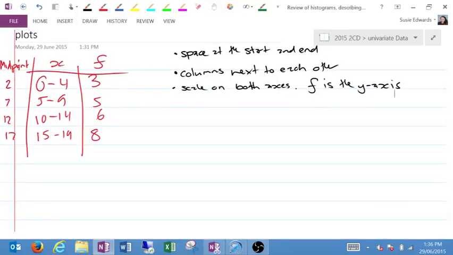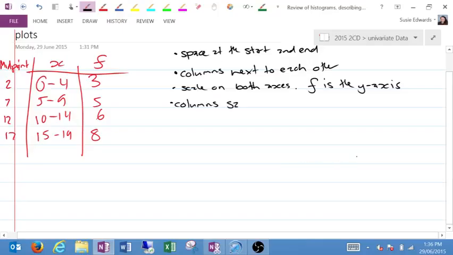The columns all have to be the same width. Columns, the same width. And that's why, remember how we said that these groups, in the grouped data, we always have to have the same amount in each of the groups. That's why in a histogram, the columns are always going to be the same width, because they've got the same amount of numbers in between them. All right? So if we look at this data here,